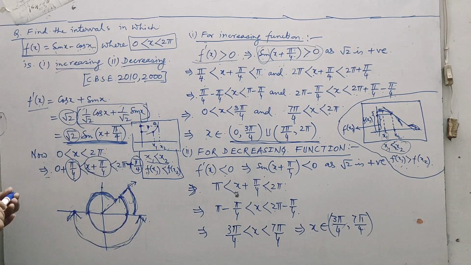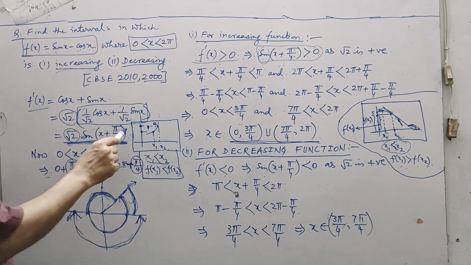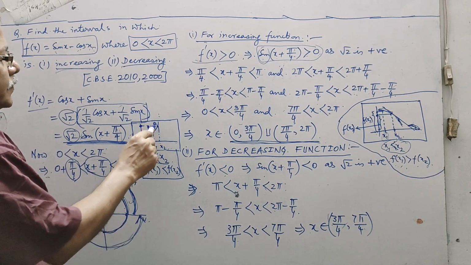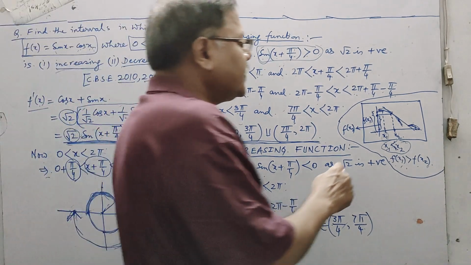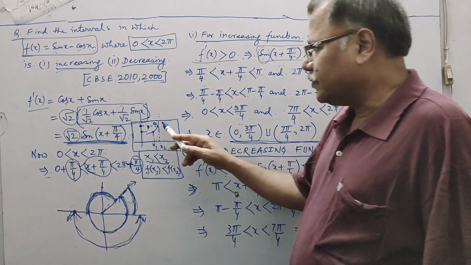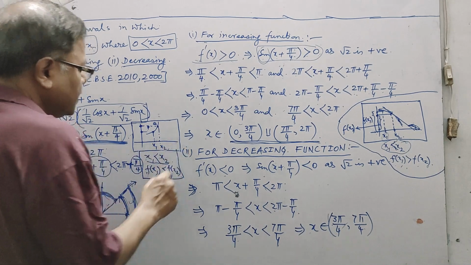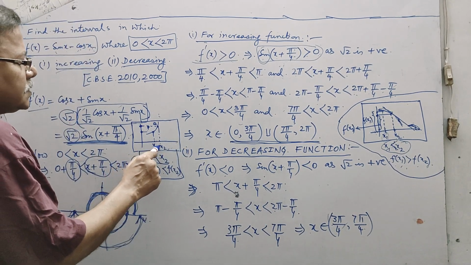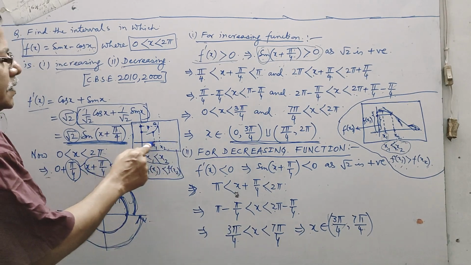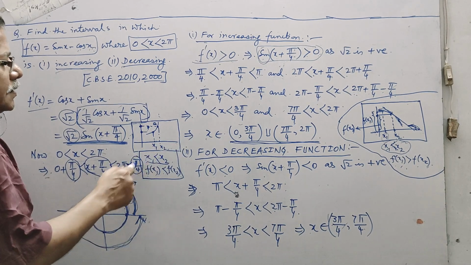Alright. First, let me explain to you the meaning of the increasing function and decreasing function. For that purpose, I have drawn y = f(x) over here in the first diagram, and y = f(x) over here in the second diagram. In the first diagram, you can see on the x-axis, that means along this horizontal line, we have taken the values of x1, x2 and so on. All the x values are taken over here. As we are moving in this direction, the value of x will keep on increasing. That is why I have written x2 greater than x1.